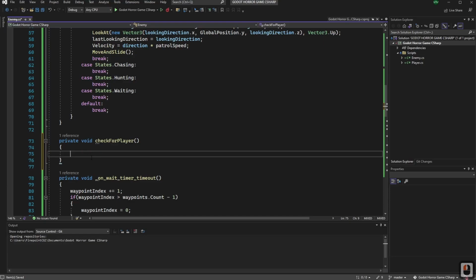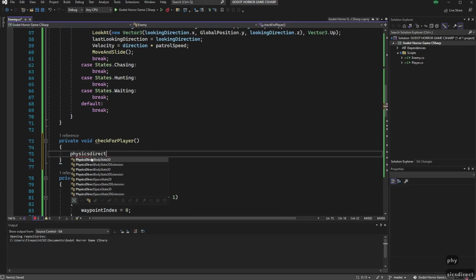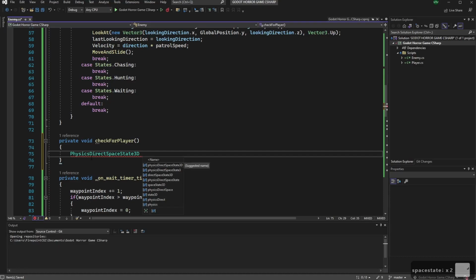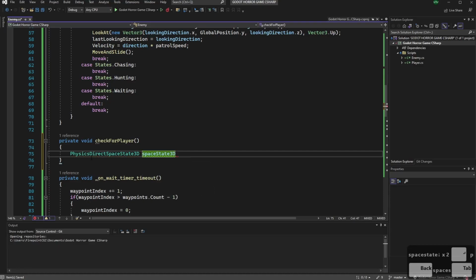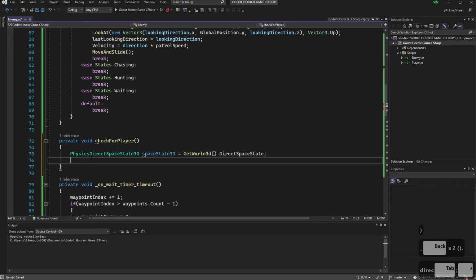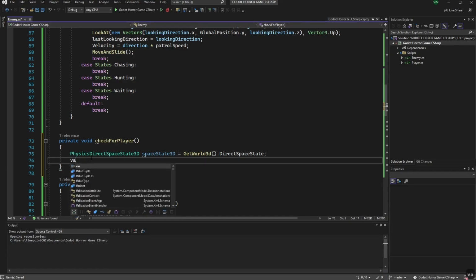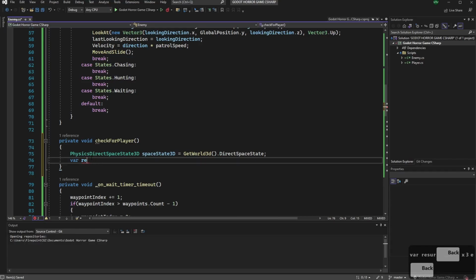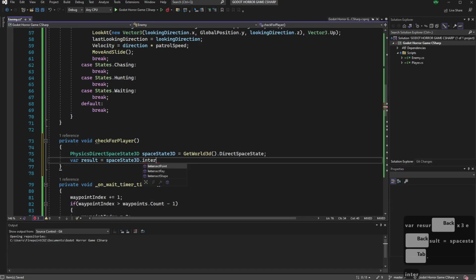And the easiest way to raycast is to use the PhysicsDirectSpaceState3D. So we'll type PhysicsDirectSpaceState3D, and we'll just call it spaceState3D is equal to GetWorld3D().DirectSpaceState. And this basically pulls back our three-dimensional space state, which allows us to do raycasts. So then we're going to do our raycast, and we'll say var result is equal to spaceState3D.IntersectRay,